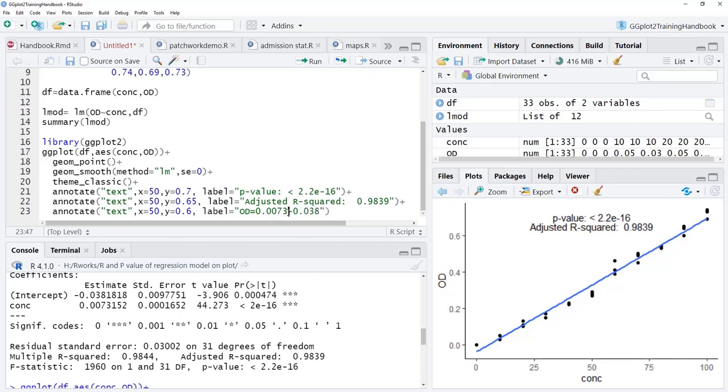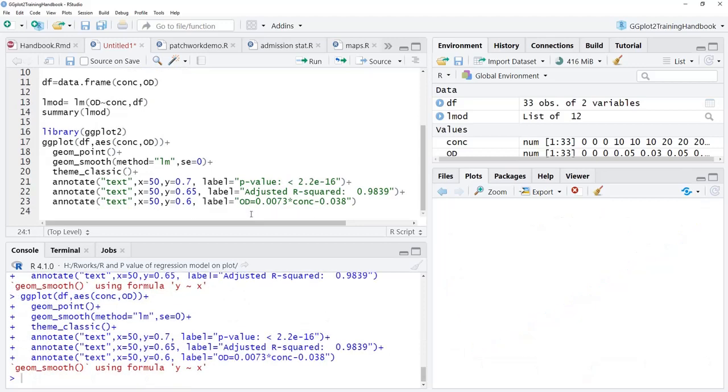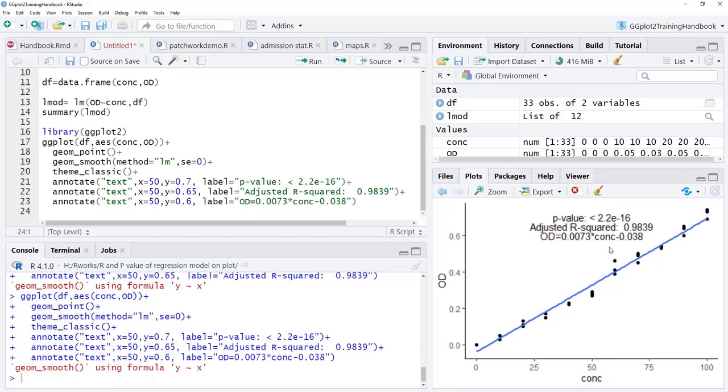With the coefficient of concentration we'll multiply cons, and this is the equation. OD is equal to 0.0073 multiplied by concentration minus 0.038, that is the equation for this regression line, and we'll run that, and that equation is there.